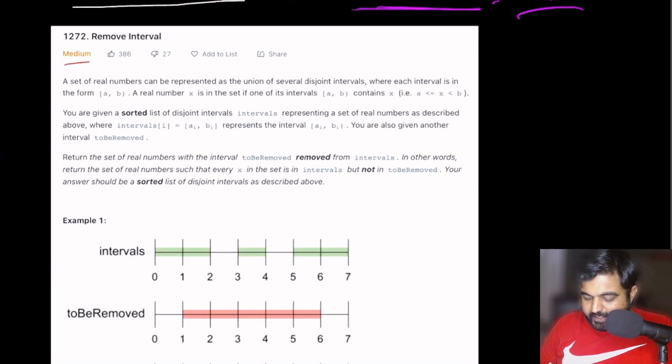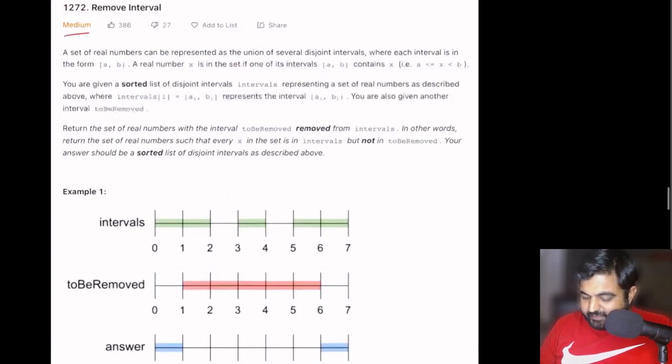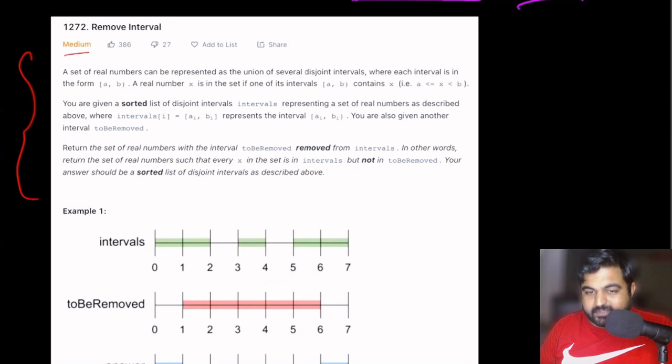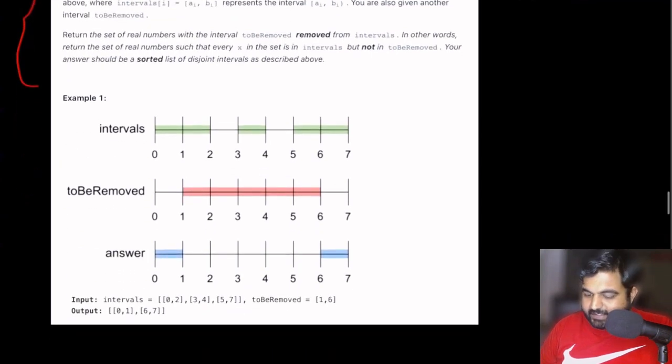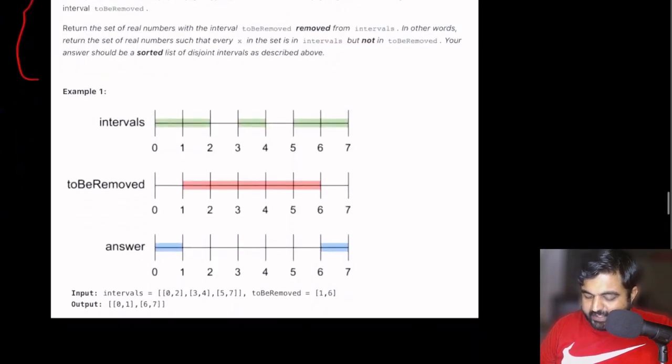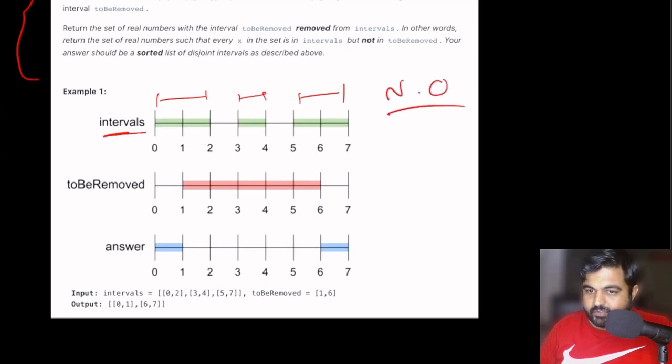This is a LeetCode medium problem, and basically if you want, you can read the whole statement, but I'm just going to explain what it is asking us to solve. We are simply given an array of intervals, and these are already non-overlapping intervals. That is in our favor.